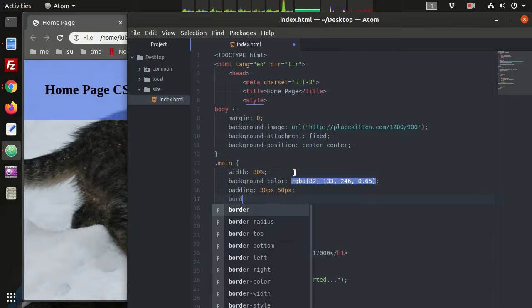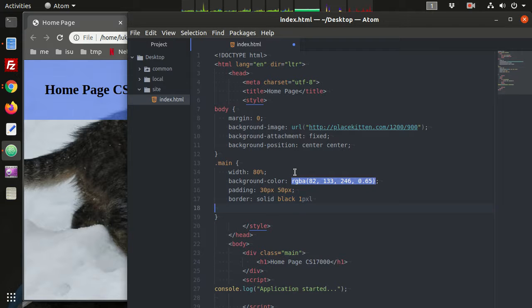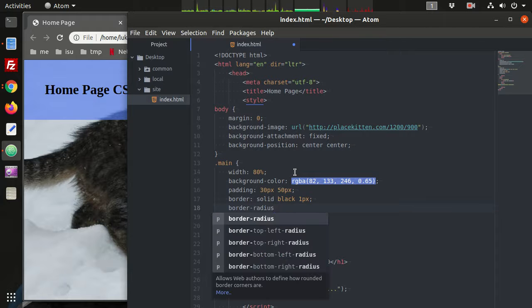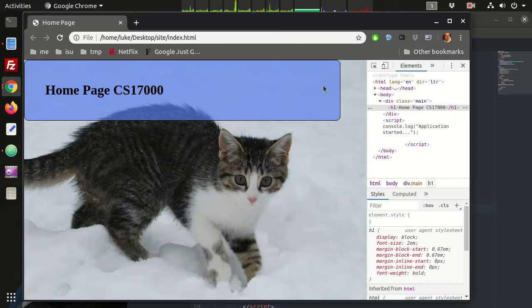We're going to say border is solid black 1px, and then we'll add a border radius 10px. Reload the page. Okay, so we've got a little radius there, and what we want to do is we want